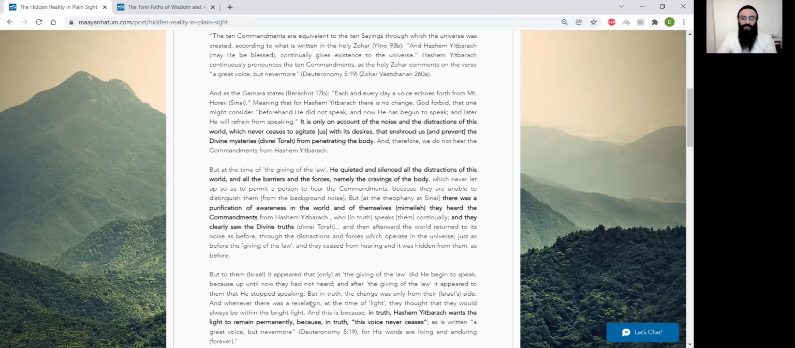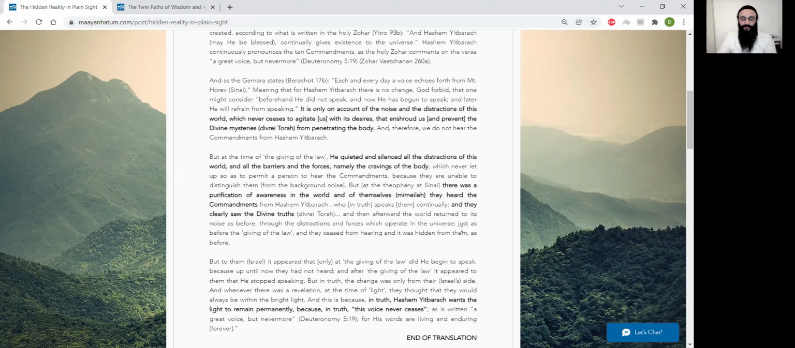So God's voice endures forever, because that's what God wants from us. He wants that continuity. Like I said, the midrash on the pasuk of "Kol Gadol Lo Yasef," a great voice but never more,